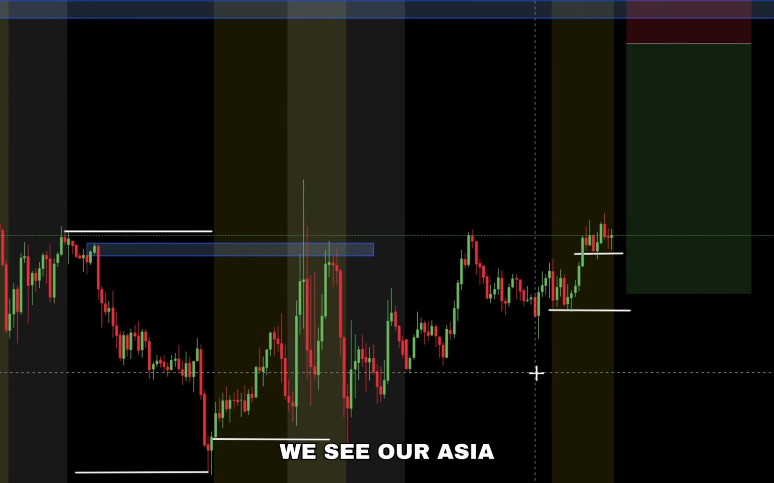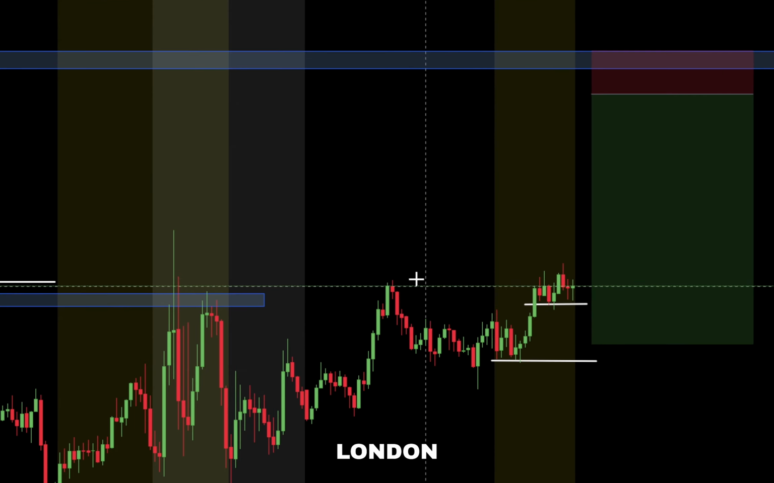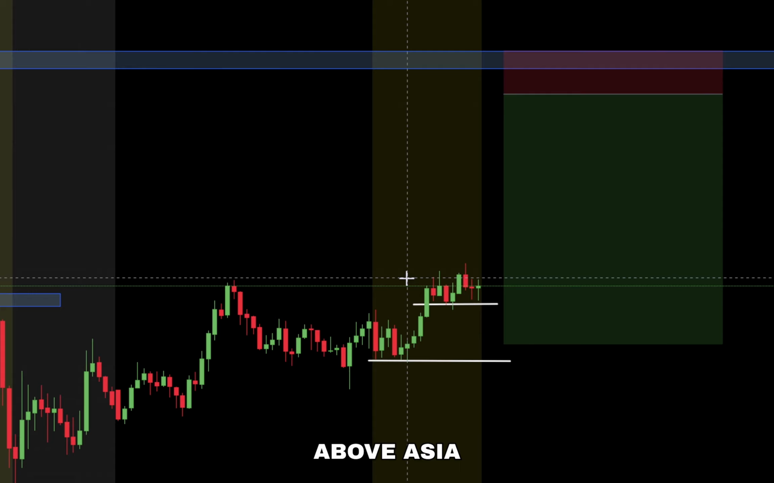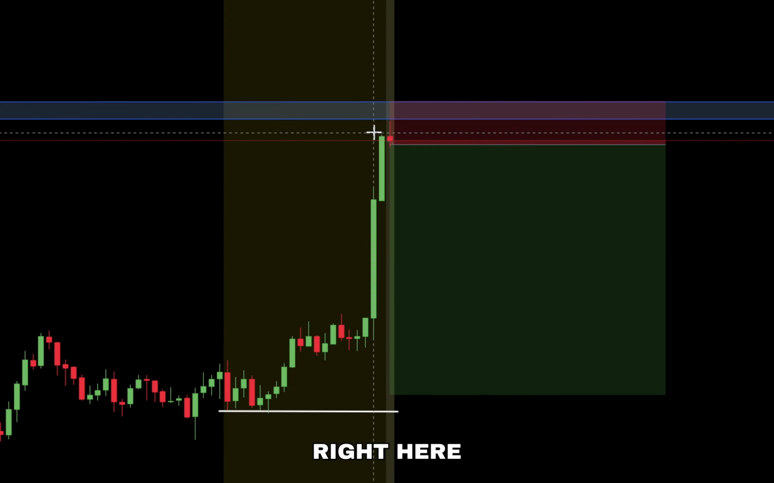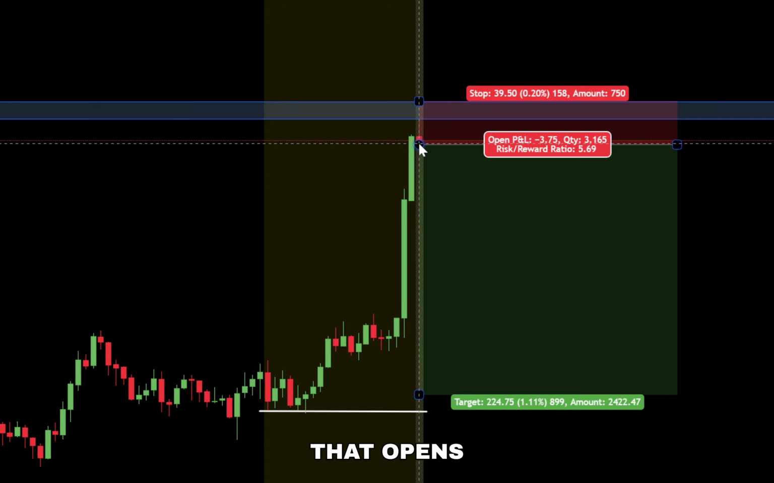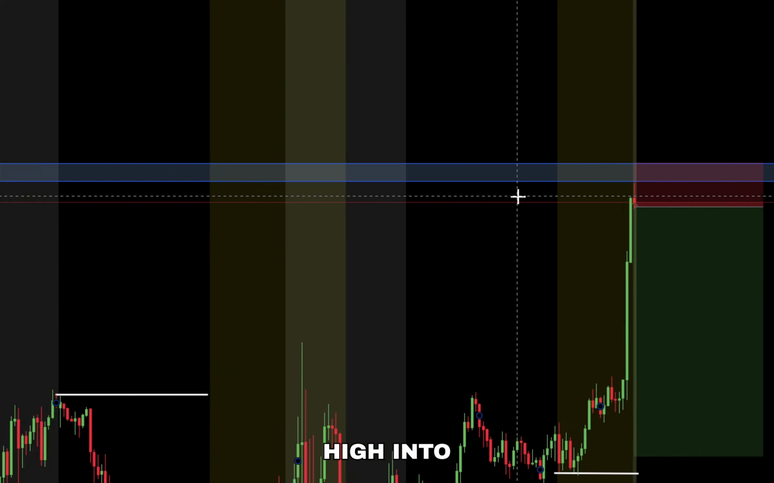What do we see? We see our Asia high and Asia low. And then what happens during London? London, we actually sweep above Asia high this time. Now during London, we have our London high right here. And during New York, that opens up at 8 o'clock, we see price sweep above this London high into this